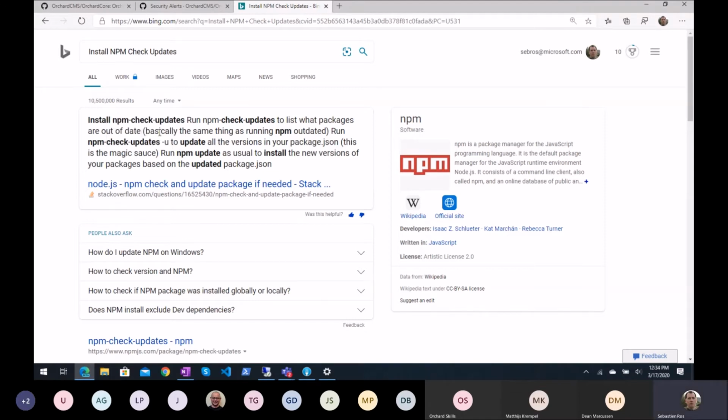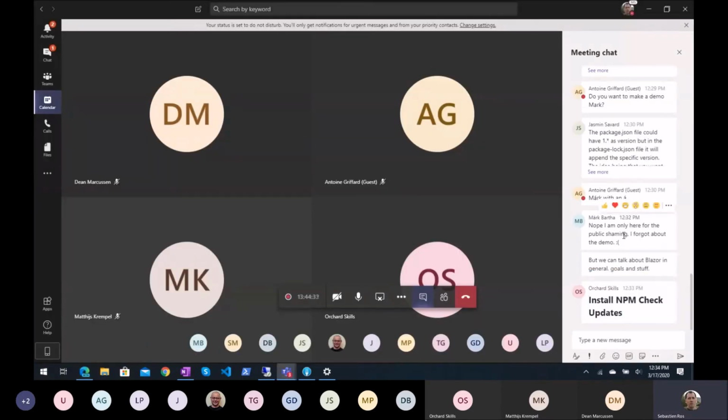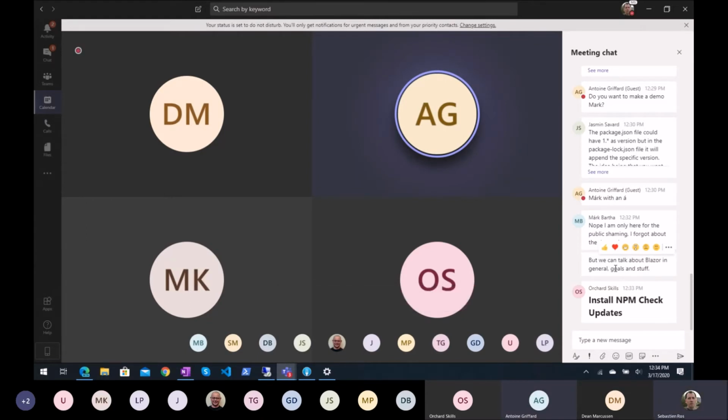It lists what packages are there. Okay. -u to update. Yeah, I think that's what Antoine does. I assume, I don't know if he's using this tool, but that's what Antoine does sometimes to update the dependencies regularly. Yeah, I am using a VS Code extension, but yes.